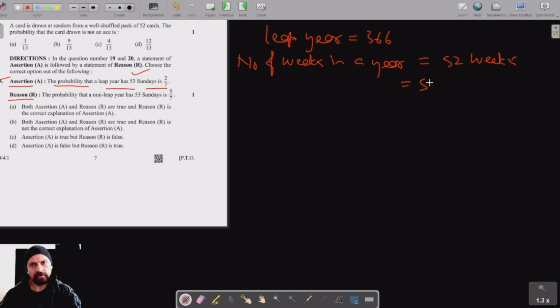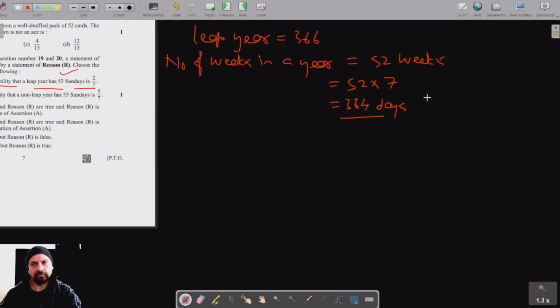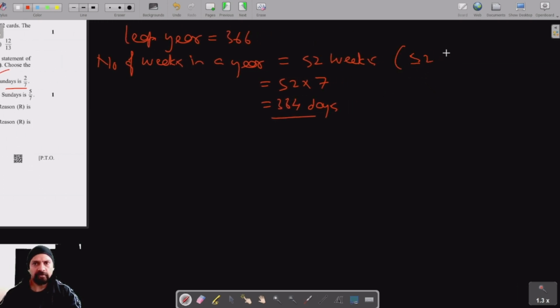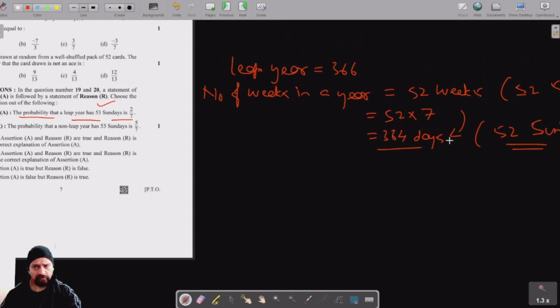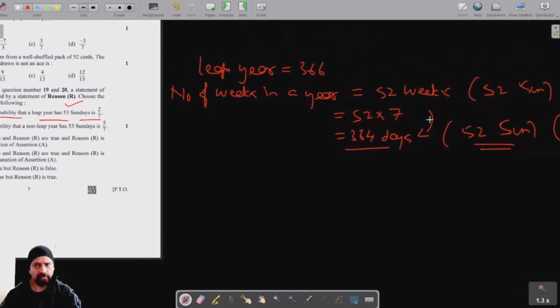So 52 weeks means 364 days. Now 52 weeks means we have 52 Sundays, which is equal to 364 days. So in 364 days we have 52 Sundays, and for that the probability is 1, because we will get 52 Sundays in 52 weeks,